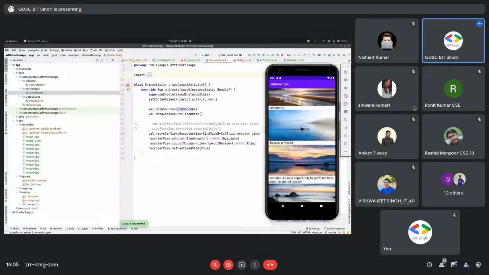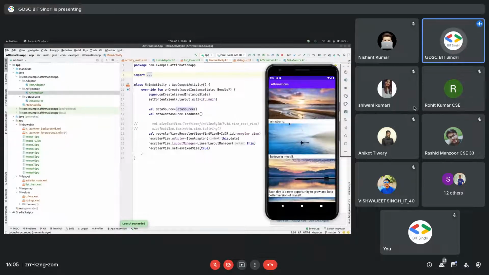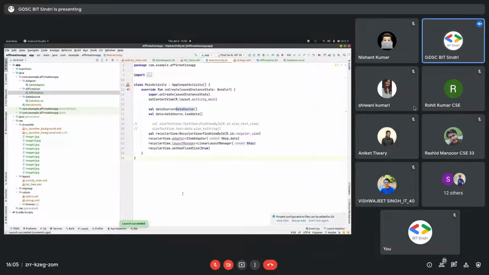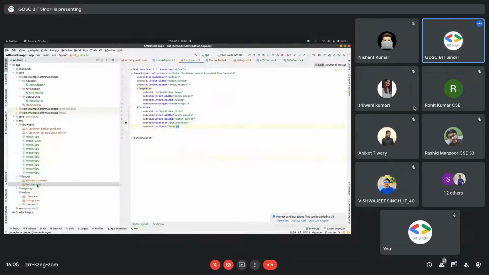Okay, so we can make it look more elegant by increasing the text size. Okay, let's increase the text size. Let's make it 30 sp.